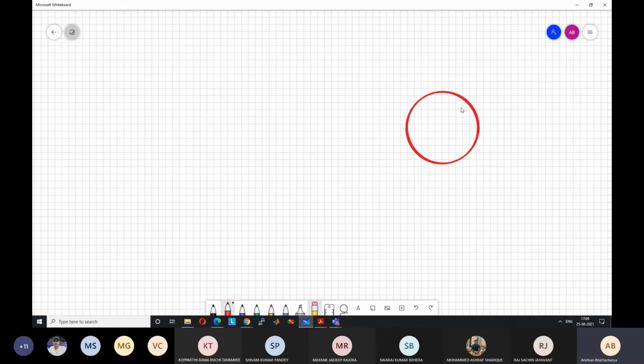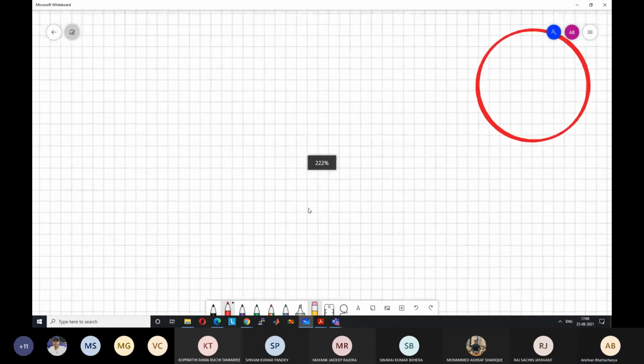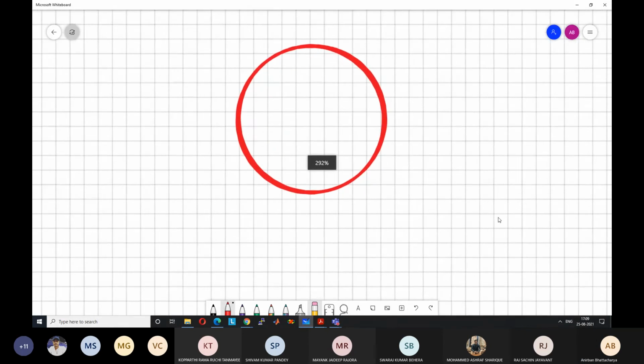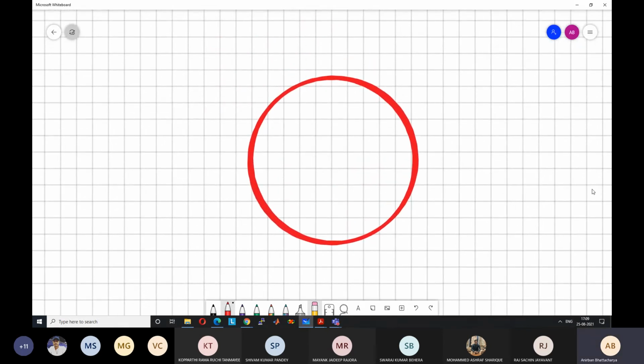Okay, so we have a circular plate like this. Okay, and it's a metallic plate. You can take any material property. So let us say that this is either an aluminium plate or a copper plate, with high thermal conductivity. And it has a certain radius. The capital R is the radius.